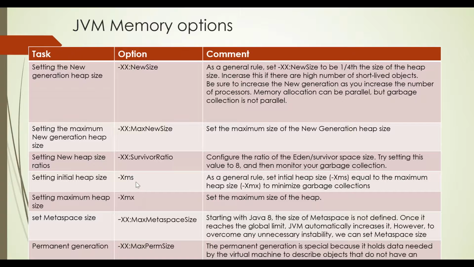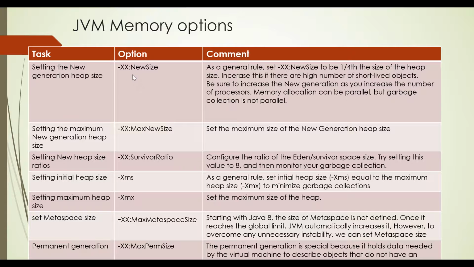So depending on that, you should set these values. One more thing: when you set these values the same, when -Xms and -Xmx are both the same, you are reducing the GC cycles. This comes under GC tuning, and we will see that also. Most applications start with the same value for -Xms and -Xmx. As of now, just concentrate on these different options.